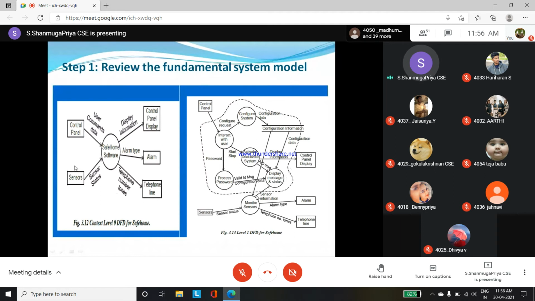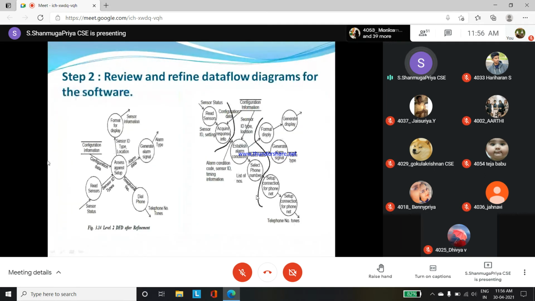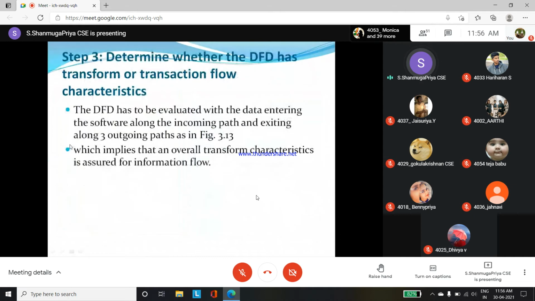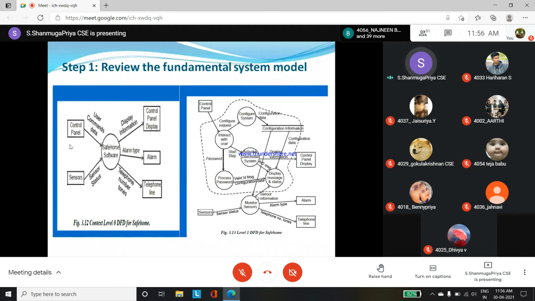So we are taking it from level 0 to level 1. So we have taken one more example, ma. See here, we have taken the safe home product as an example. At your wish, you can draw some more features. If you want, you can add a few features also. It is not necessary to use the same example; if you want, you can use some other example.